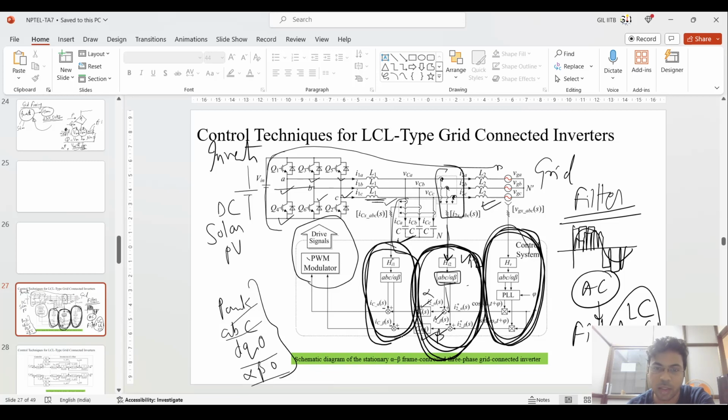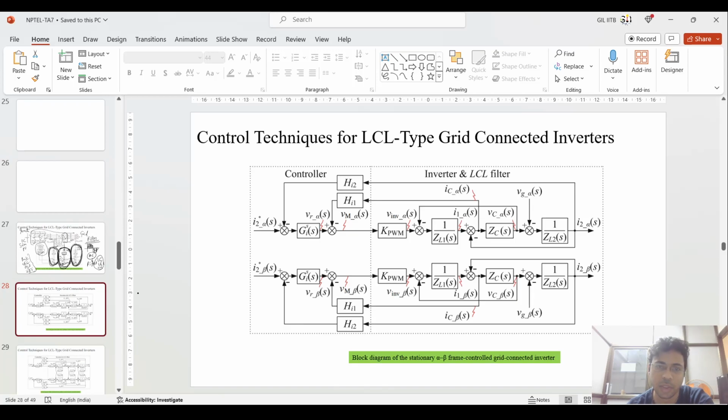Third is the current going into this inverter, which is being filtered, which is going to this capacitor bank, which is also being monitored. Based upon all three monitoring systems, one PWM generator is going to generate the switching for this inverter. Okay. Moving further to this slide, if you see this, I have considered an LCL type